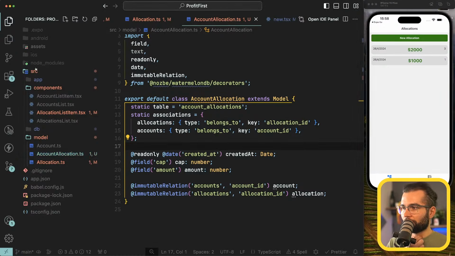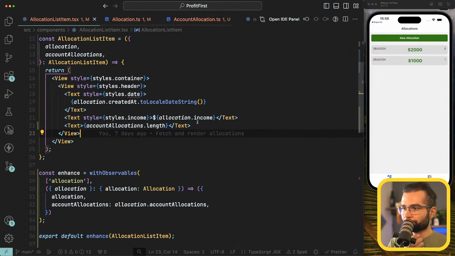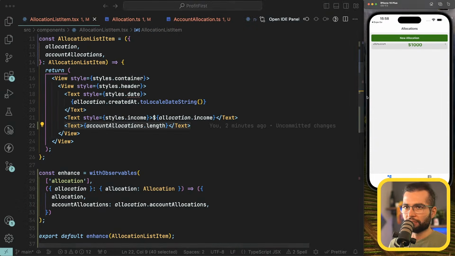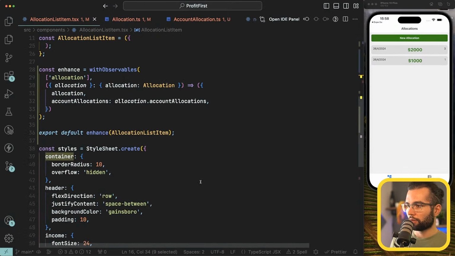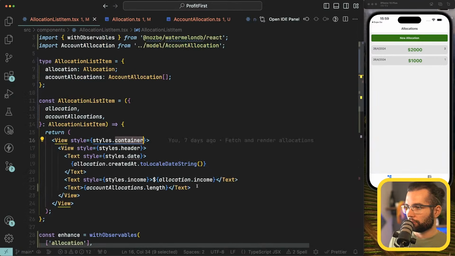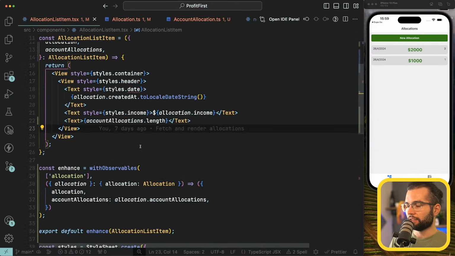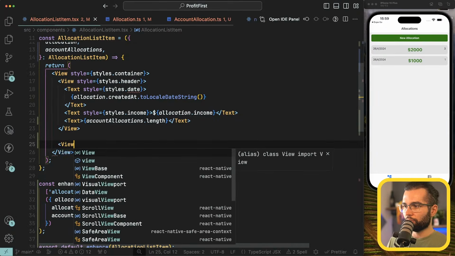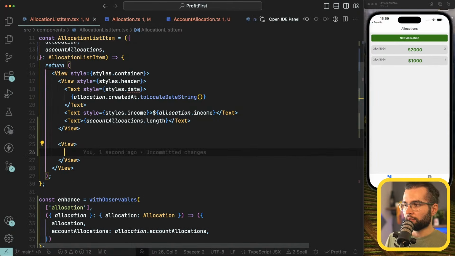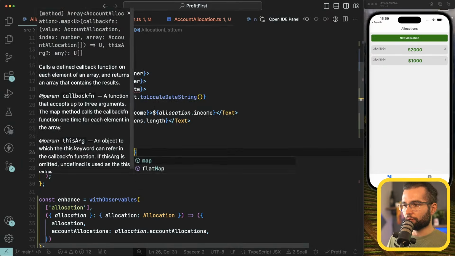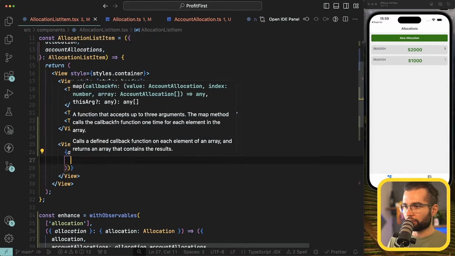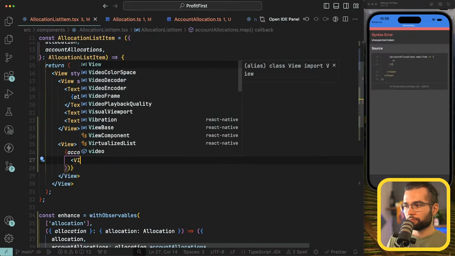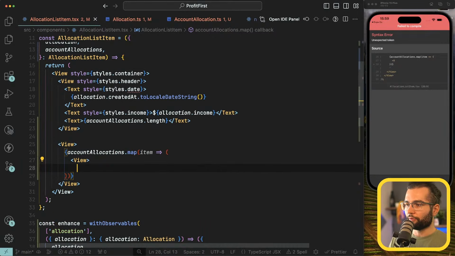Back to our allocation list item. Now that we have it, we can loop through them and render them below the container. So we have here header. Let's go ahead and add here another view, and inside it we're gonna do account allocation.map item, and for every item we are going to render another view,